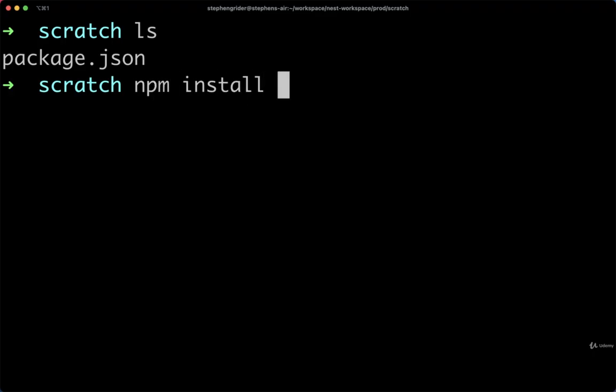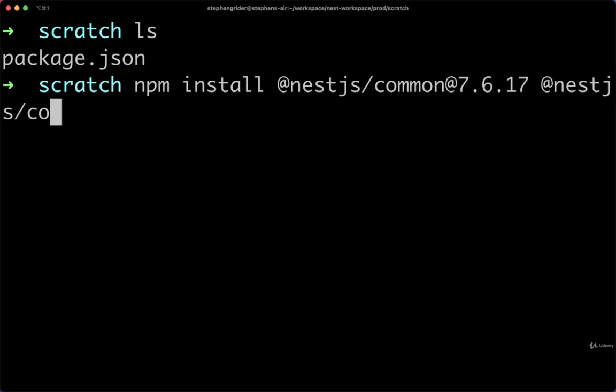I'm going to run npm install, and then we're going to install a total of 5 dependencies, and we're going to specify a very specific version for each one, just to make sure that your code and my code is 100% equivalent. So we're going to add in @nestjs/common@7.6.17, then @nestjs/core@7.6.17,